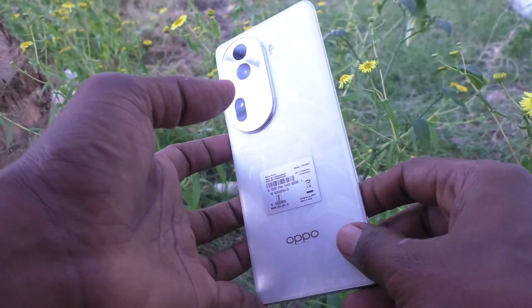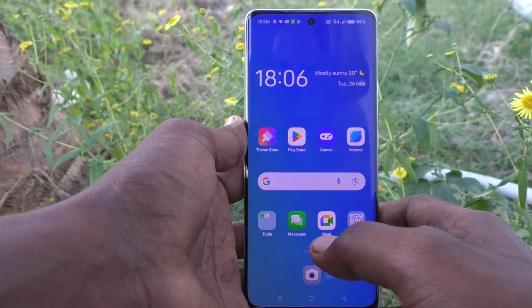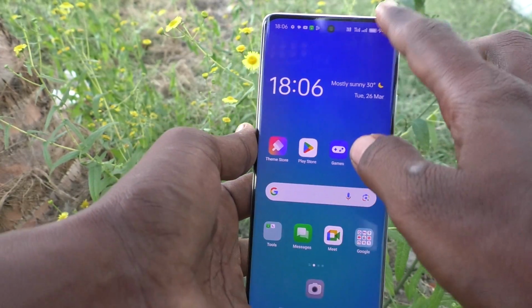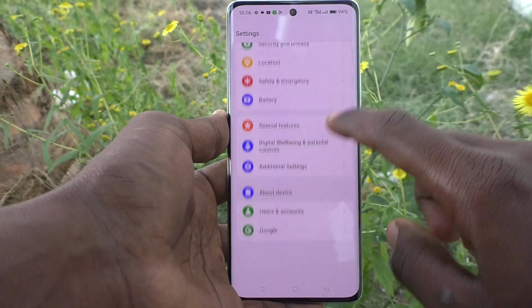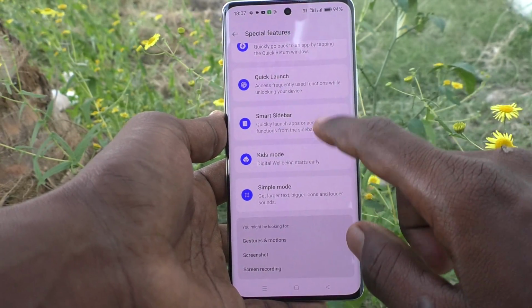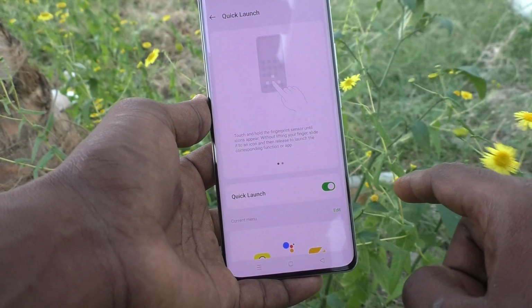Here is Oppo Reno 11 Pro 5G smartphone. In this video, you will learn how to enable quick launch in your phone Oppo Reno 11 Pro 5G. First, go to the settings of your phone here. Then go to special features and here select quick launch and just enable this button quick launch so that